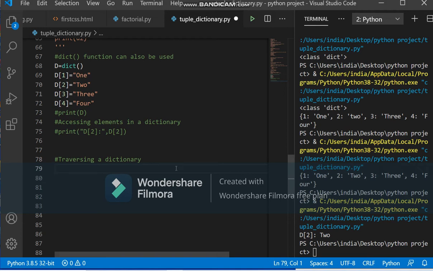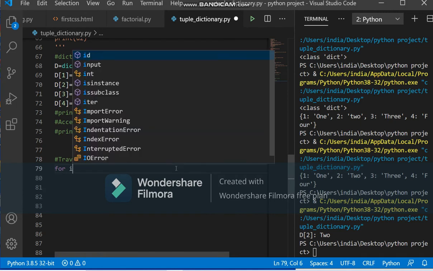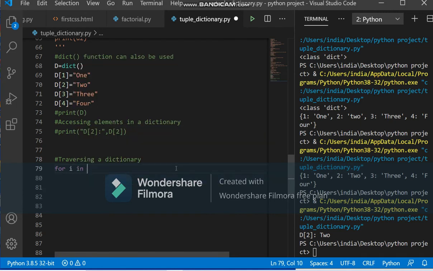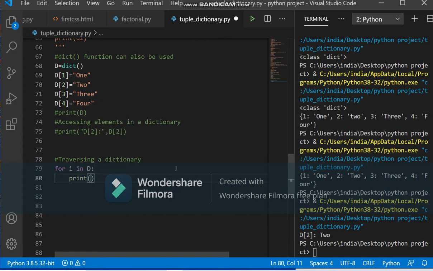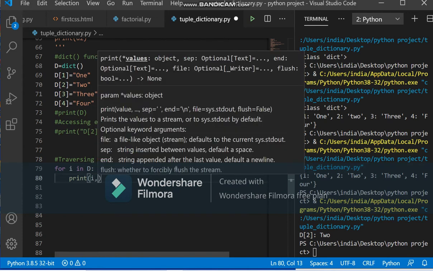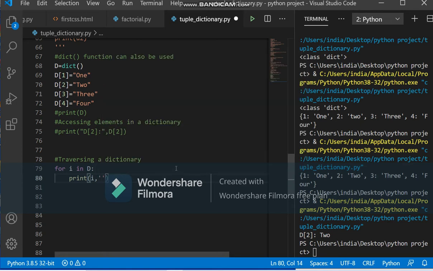Next is how to traverse, meaning if you want to touch each element in the dictionary, you can use loops for that. For loop, while loop, any loop. Here we are using a for loop. We had seen this with the tuple also. For I in D, where D is the structure that we have created. Print I, comma.